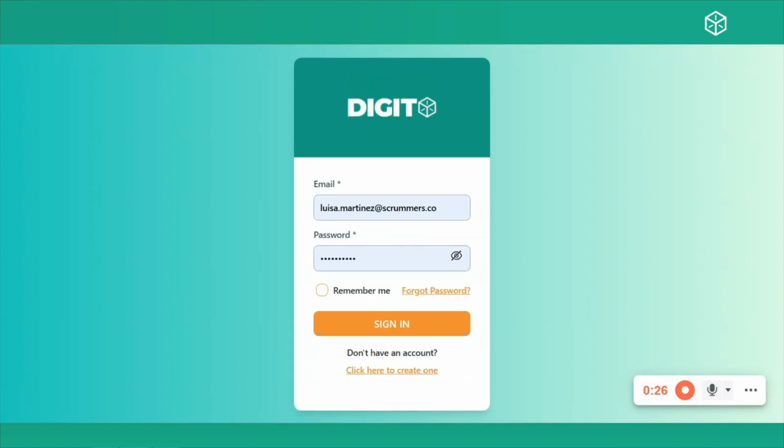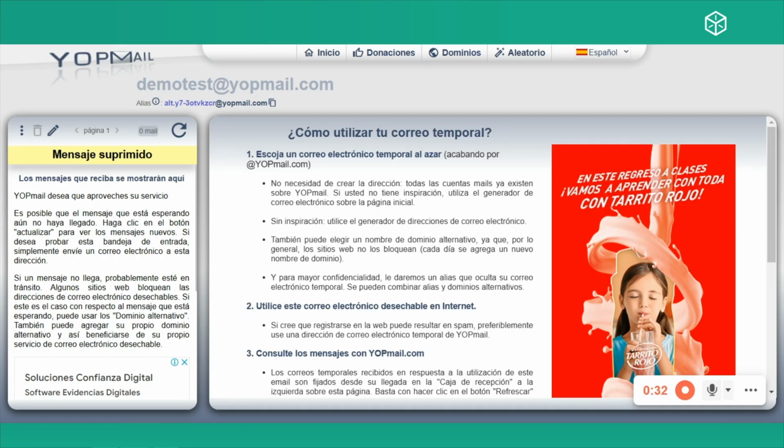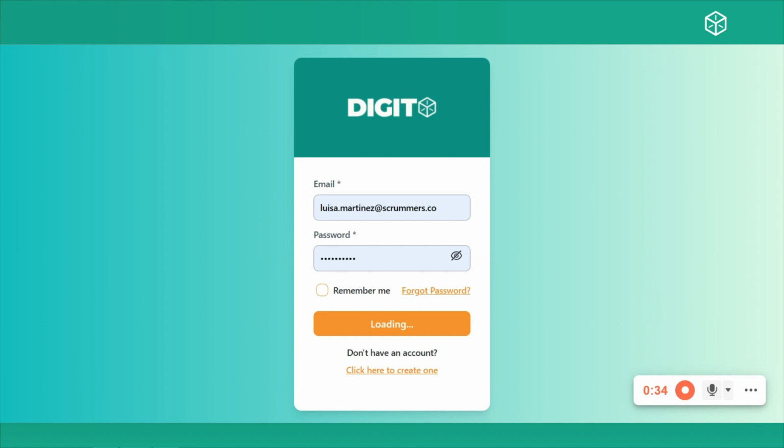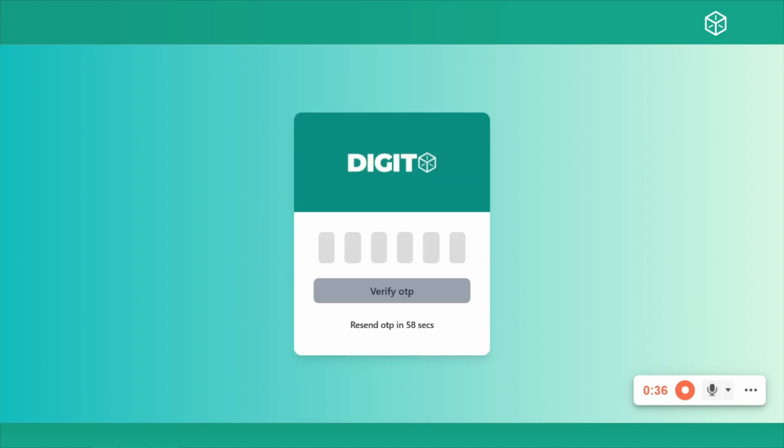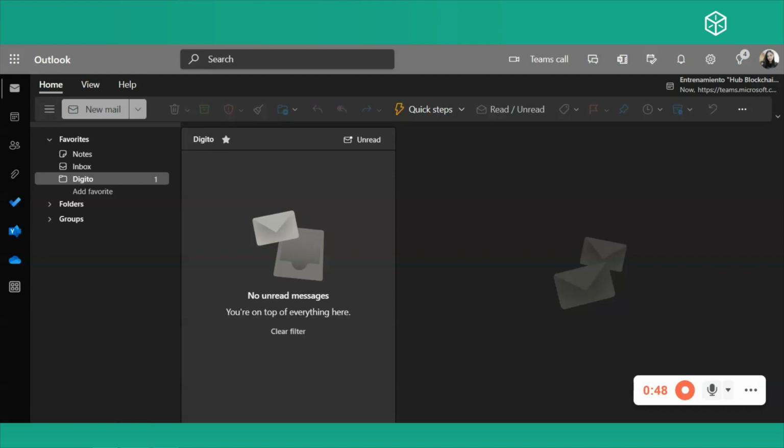So I'm going to use my account. We can now just enter our credentials and sign in. Okay, so the next page is the OTP page. This means that we just got an email from Digital with the code that we need to enter here to validate our account. So I'm going to go to my email